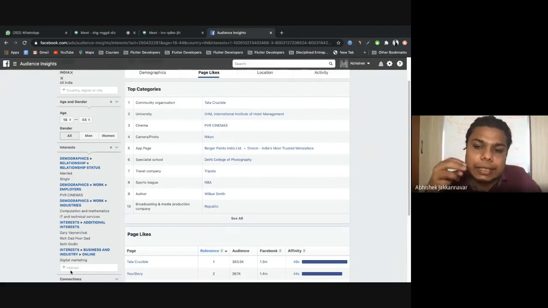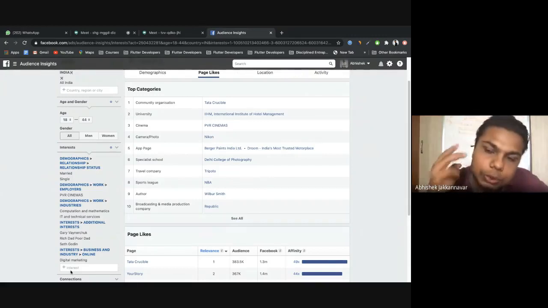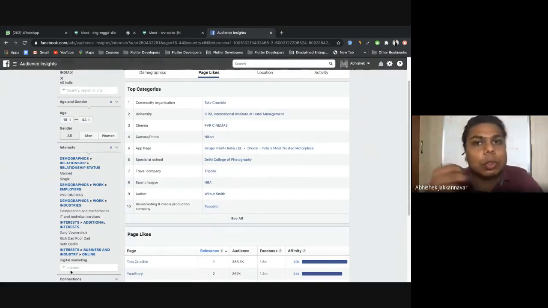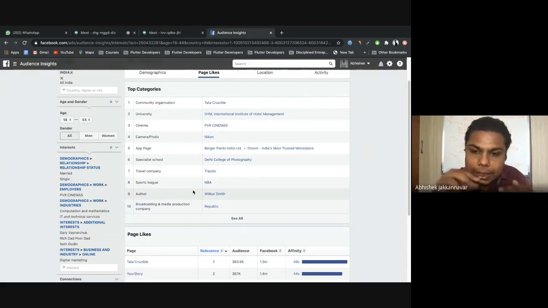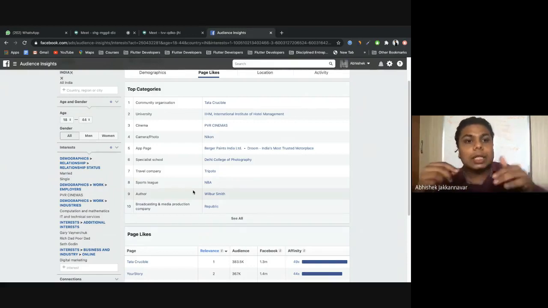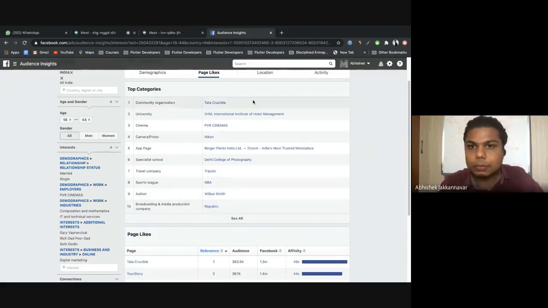What we want to do is increase the probability that only the person whom we feel has the highest probability of enrolling in the course, we show the ad only to them, and not to everybody who is in digital marketing. Even in digital marketing, these are the kind of people following all these pages. So he goes to the PVR Cinemas page and there he sees your ad. He goes to the NBA page and he sees your ads. More and more impressions, because he feels that this thing is also relevant to him, so it is showing him everywhere. And now he will come and enroll in your course, right? Republic, all those pages you can use.